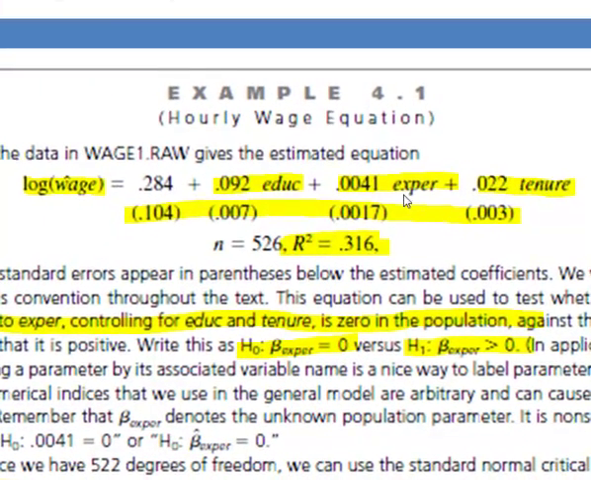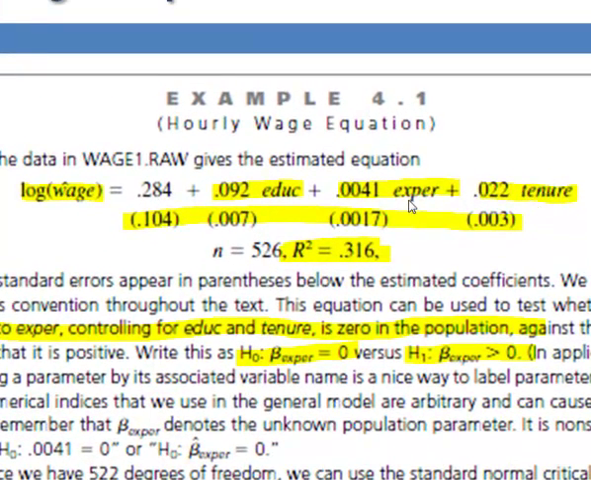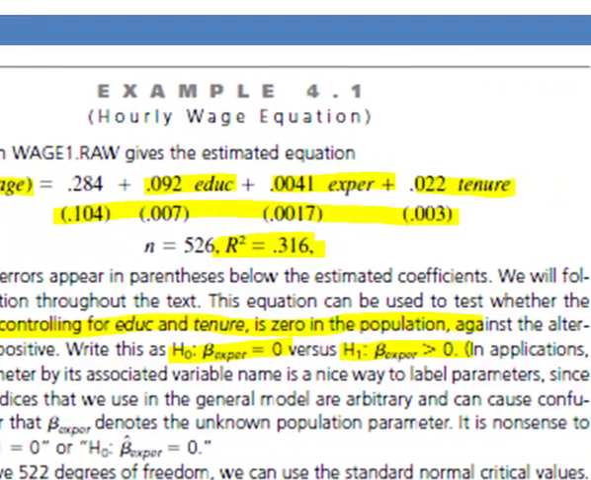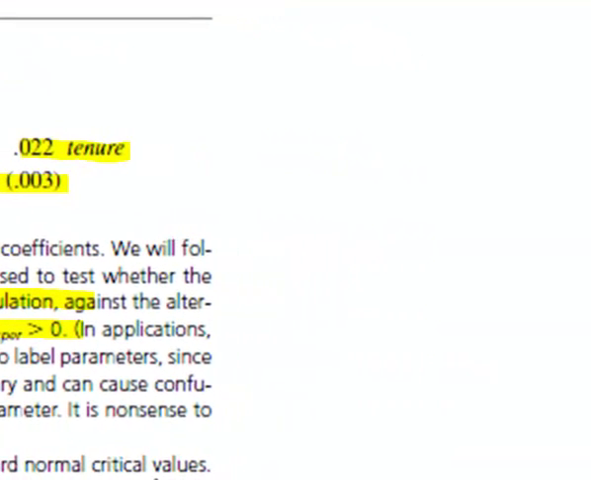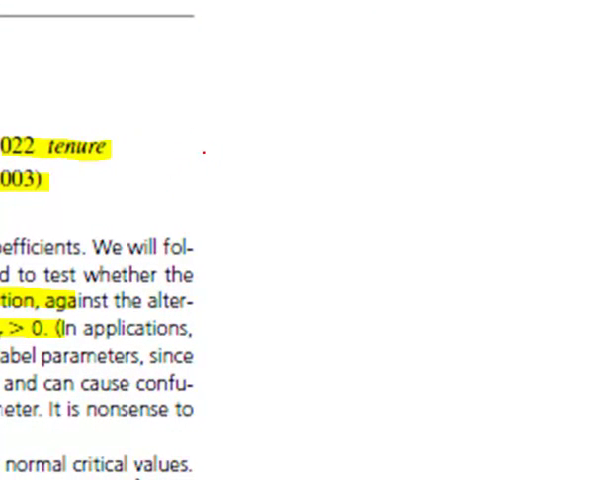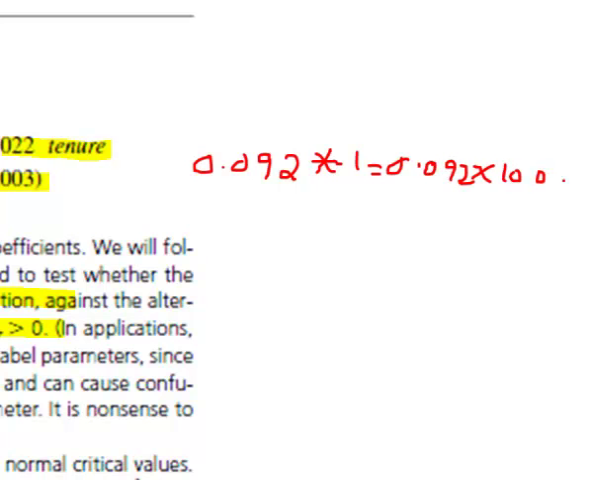We can do the same for education by holding experience and tenure constant. So if experience and tenure are held constant, and let me switch to pen here, then what would be the impact of 1 more year of education? Well, in that case, 1 more year of education would mean 0.092 times 1, which is again 0.092, but then you have to multiply it by 100, and that gives you 9.2%. So all else being equal,